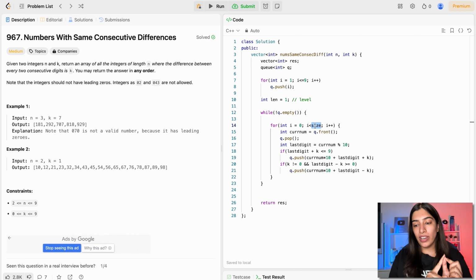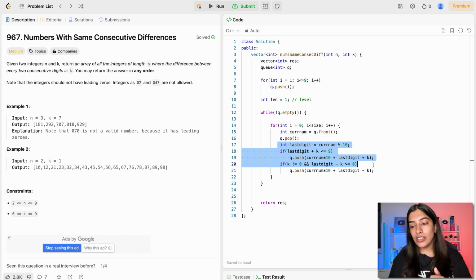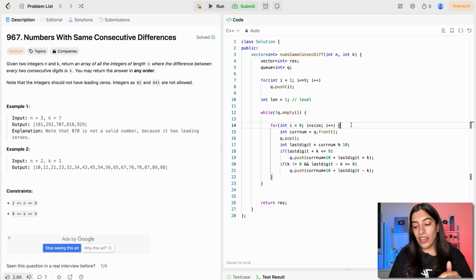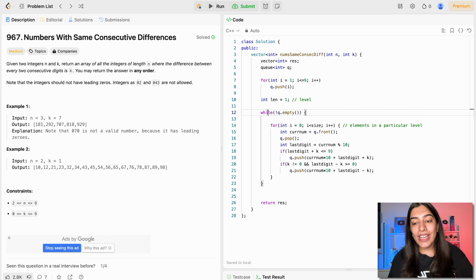I will take one and I will push the next. I will suppose push 18 if it is possible to push. If I take out say 3, I will not push if it is not possible, right? So basically I am pushing the elements for the next level. But this makes sure that I am going through all the elements in a particular level. So in this while loop, what I am doing is I am increasing my length or my level,